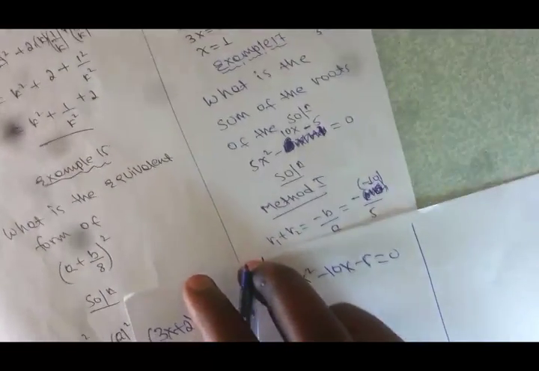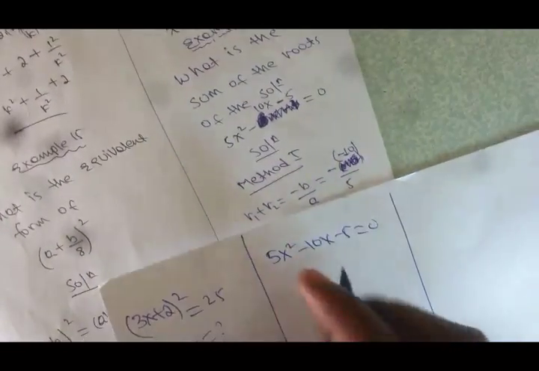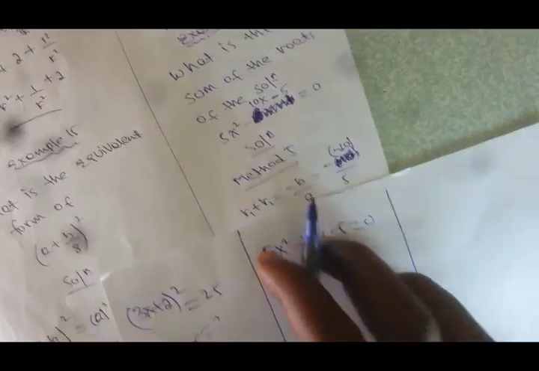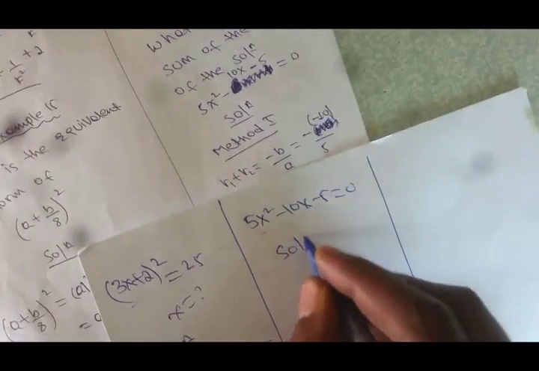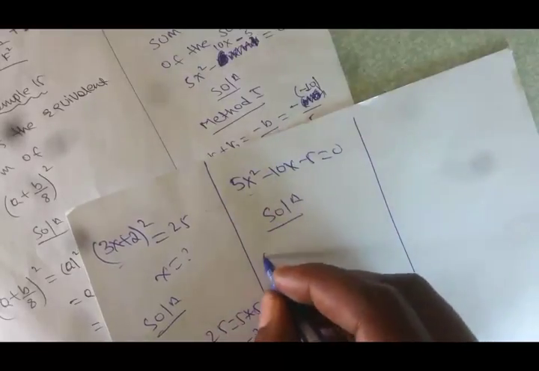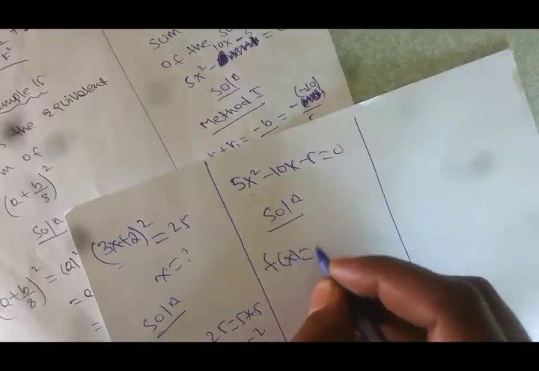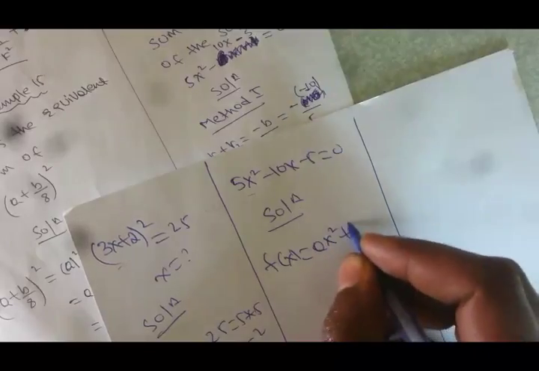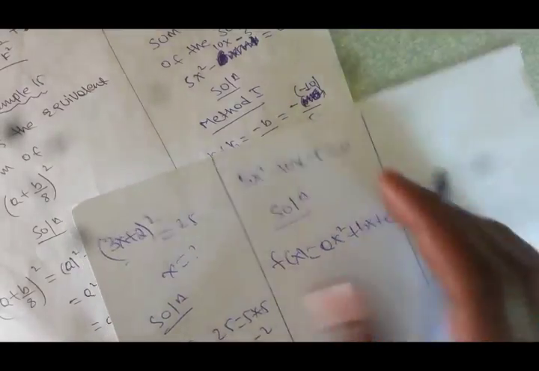And we are asked, what is the sum of the roots of the solution of 5x squared minus 10x minus 5? Solution. First, let's talk about quadratics. A quadratic equation is a type of equation that can be written in the form f of x is equal to ax squared plus bx plus c,